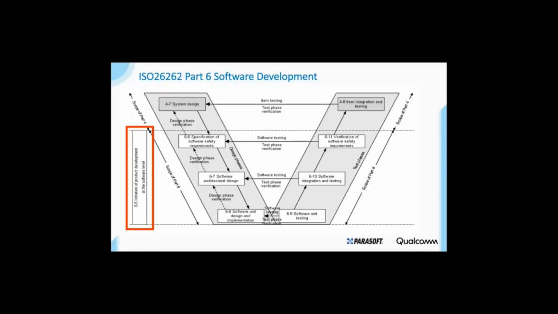This is just, I think you're all aware of this. This is a quick snapshot from ISO 26262 2018, focusing on Part 6, software development. It has all these various clauses, starting from requirements to design, implementation, and various testing and verification. I will just refer to these numbers in the slide so that you get the context of what I'm